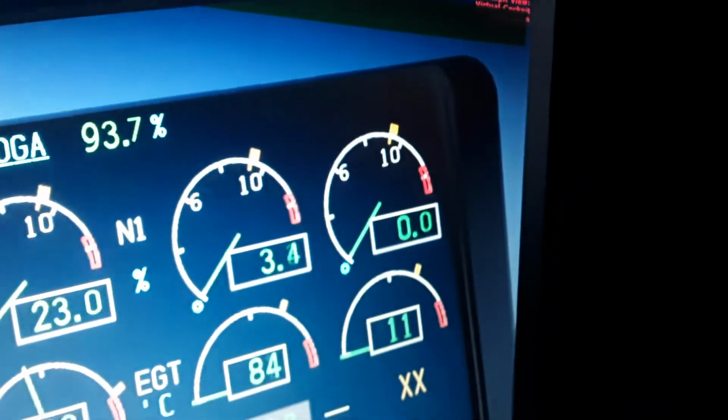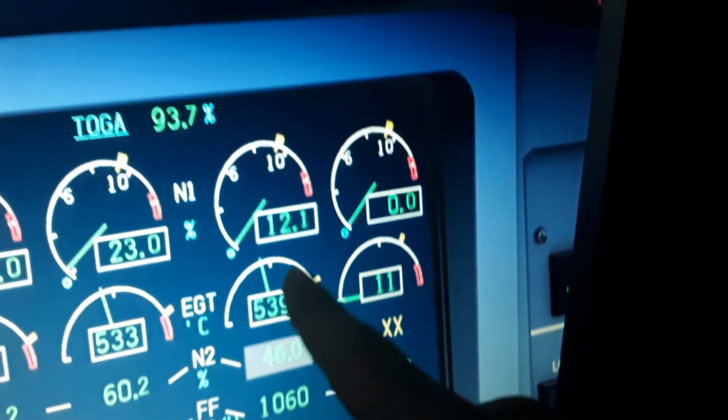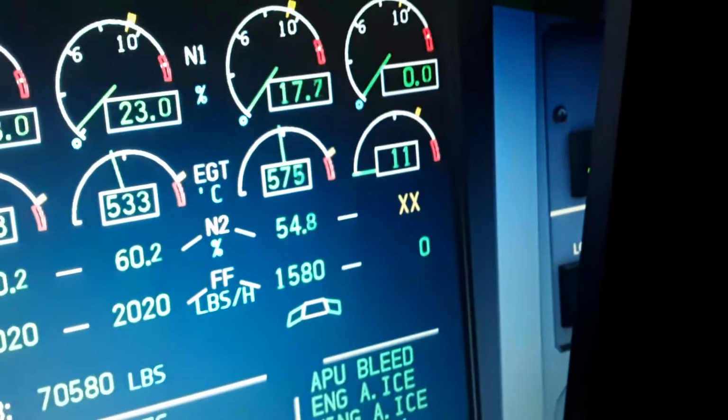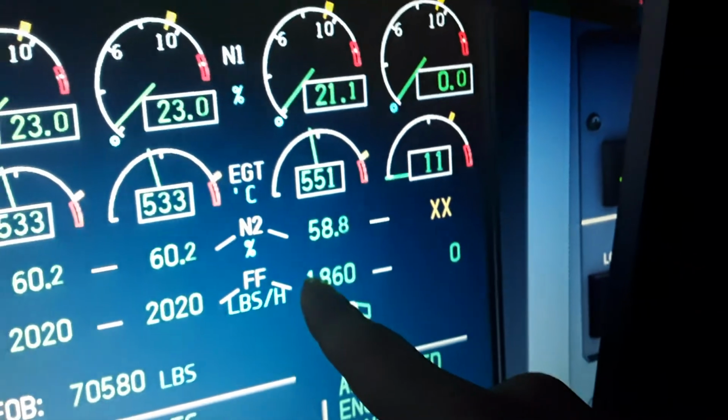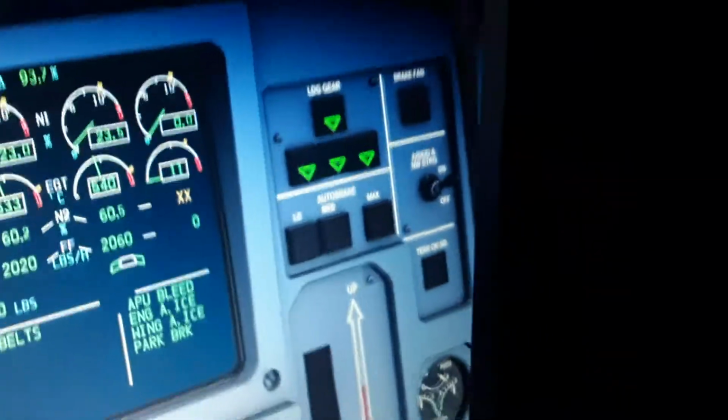You can see here the temperature and the N2 and the N1 all increase, and the fuel flow from 0 to 1900, 2000 pounds right now. So I'm gonna do something here in the